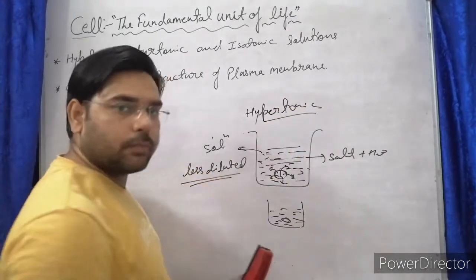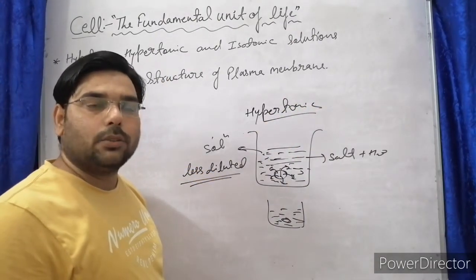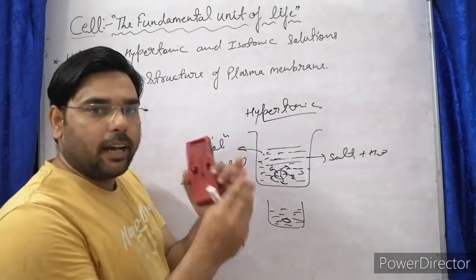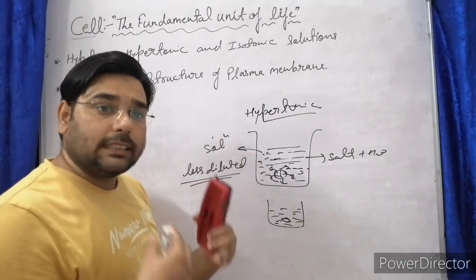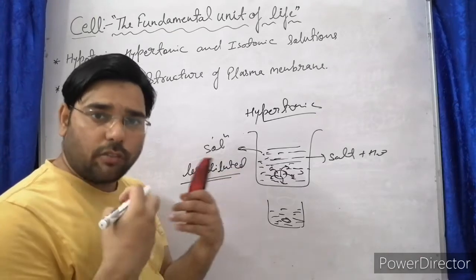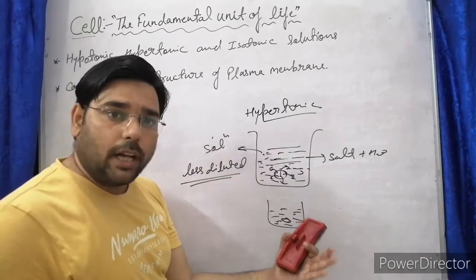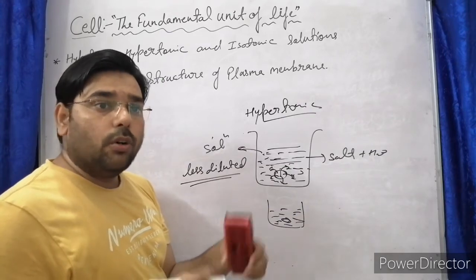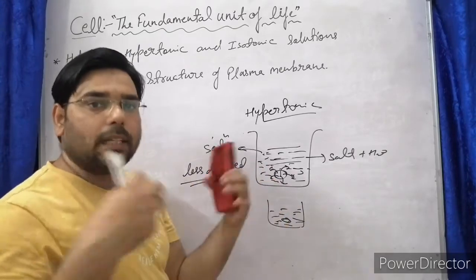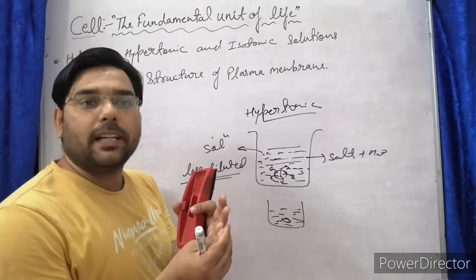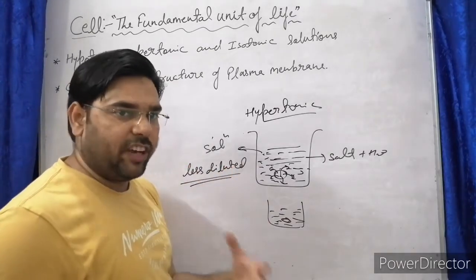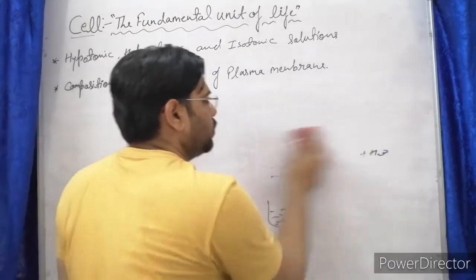And this type of solution is called a hypertonic solution. If we bathe in the ocean, we will see that our fingers and skin get wrinkled, because the concentration of body fluid in our cells is lower as compared to the ocean water. So the water goes out from the cell to the ocean, and the cell will ultimately shrink. That is why we see wrinkles on our hands and face. So this is a hypertonic solution, students.